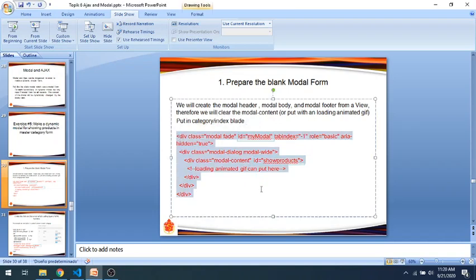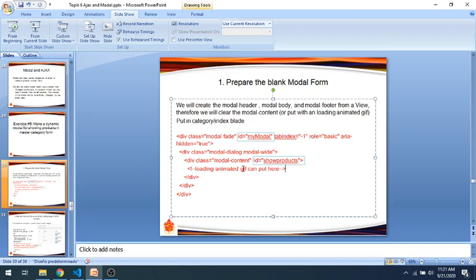Okay, we copy it. The ID is show products. In here, the ID for the content, because we will put something in here, so we have to put an ID in the modal content.